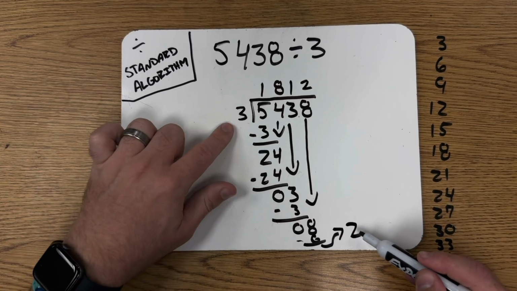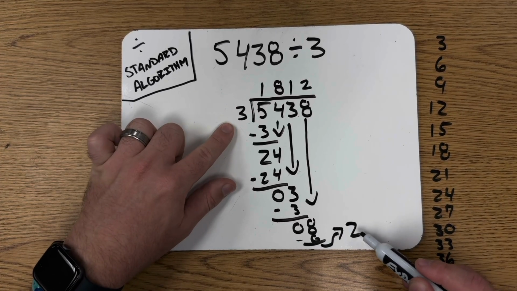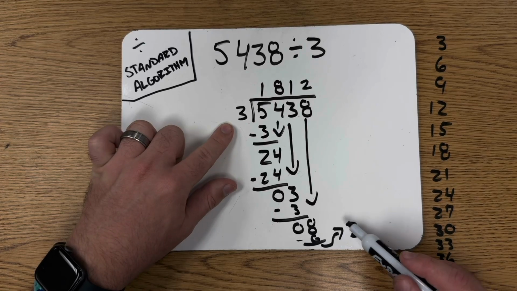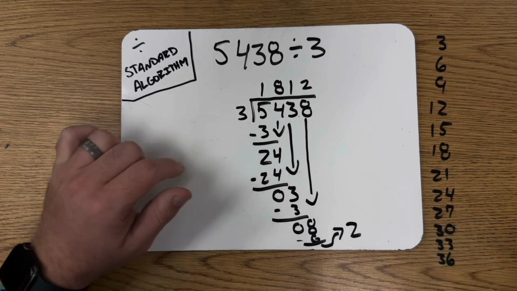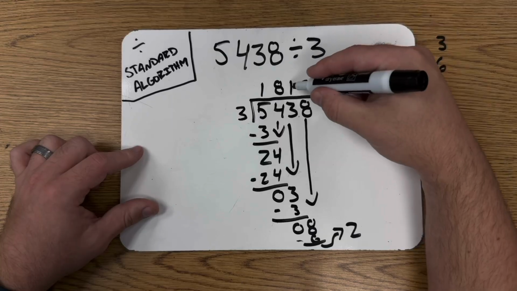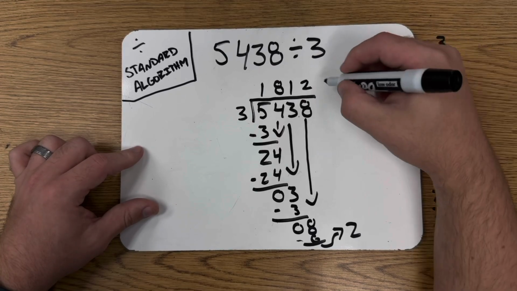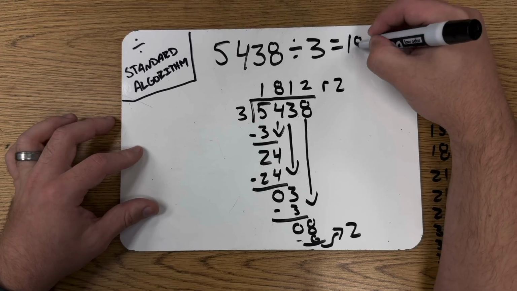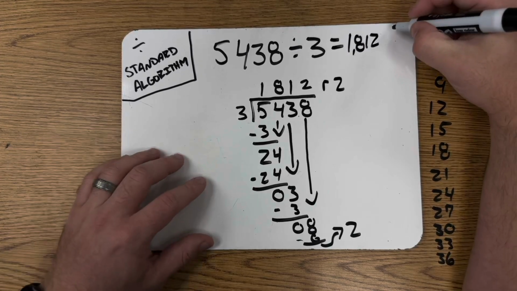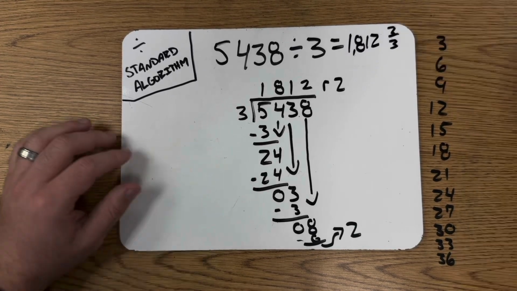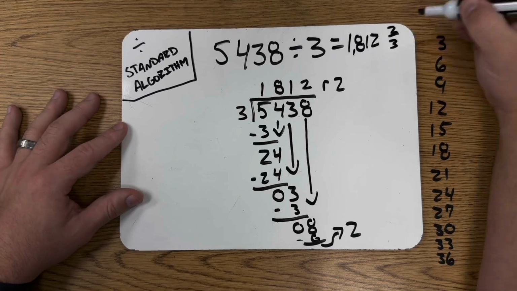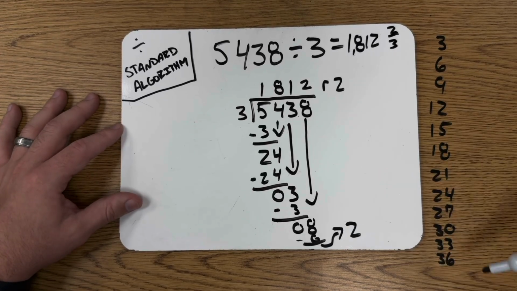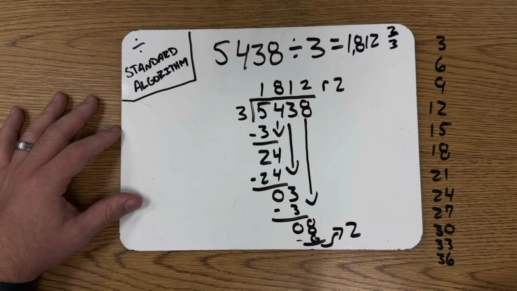2 is smaller than 3. There is no way to divide that. So we are done. We have stopped. Our number is smaller than our divisor. So we end up with the answer of 1,812 with a remainder of 2, or 1,812 and 2/3. Okay, so again, standard algorithm, much faster way of solving, but it really requires understanding the multiplication facts